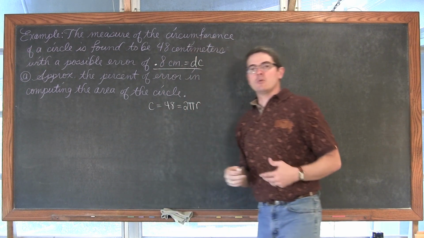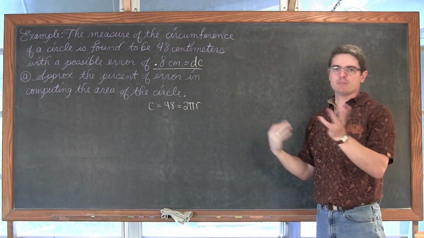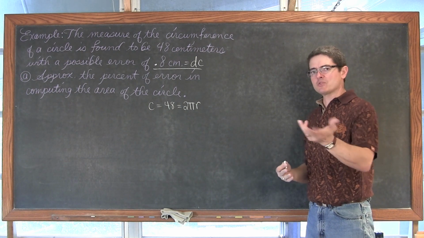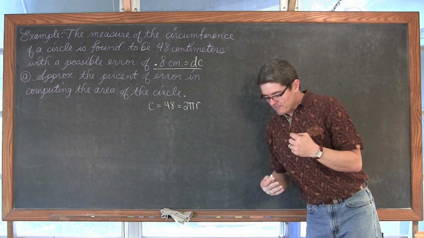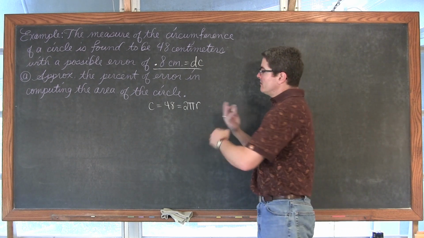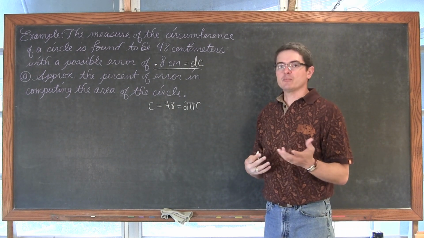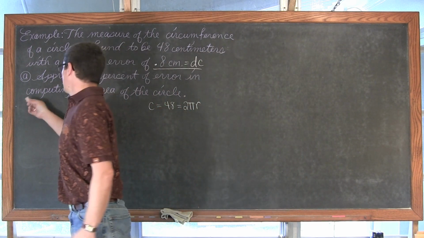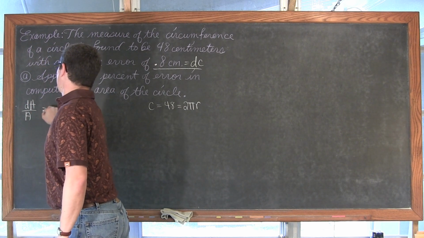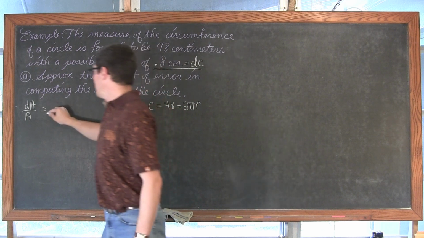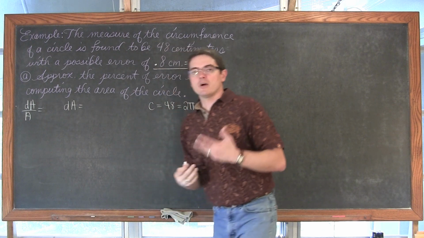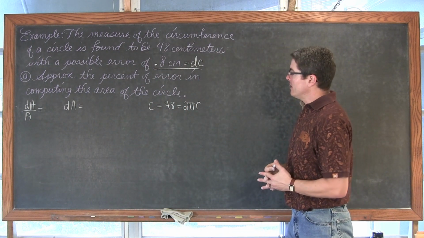Okay, well, let's get to the question. Approximate the percent of error in computing the area. Just to make the question a little more difficult for our examples, it's like the previous one with the triangle. We're going to find the differential in the area, the approximate propagated error in that calculation of area, but we're going to find the percent. So what we're really asked to find is dA over A, but we're not going to be able to find that unless we first find dA. This is what our final answer is going to be, but right now we need to start off by figuring out just what is the approximated propagated error in the area.